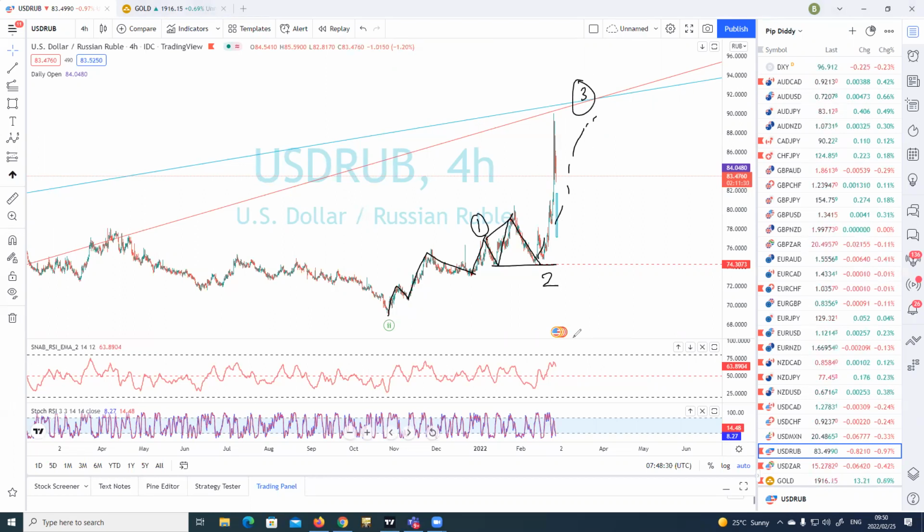Okay, so we seem to be in the third wave of a third wave of a third wave. It's just so powerful at times to be trading the market right now. So if this is my wave 1 and my wave 2, obviously wave 2 didn't come to the territory of this wave, right? But my new invalidation point is this level here, which I've proposed is the end of wave 2. So I wouldn't expect my correction, or the one that's currently building up here, the wave 4, to come to the wave territory of wave 2.